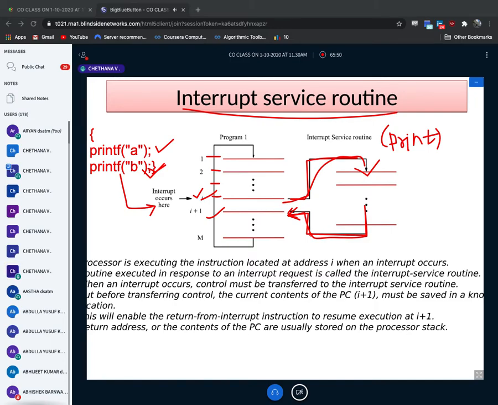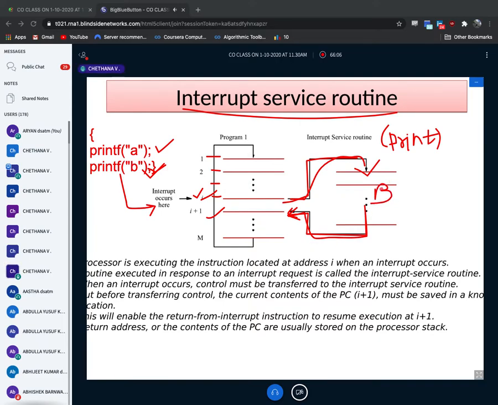Some data is there. Now the data is B. Please print for me. Okay, like that. It will interrupt this. Okay, it will say, I'm not doing any other work. Let me type B, print B for you. It will print it. Again, it will go back. Okay, I hope you are clear.